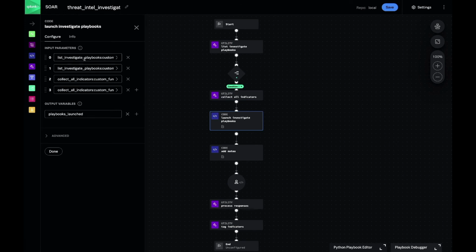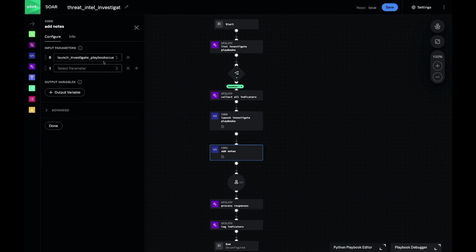And then we pair the two together using some Python. We take each of the playbooks that we listed and each of the indicators we listed, and anytime there's a playbook that operates on that indicator type, we execute the playbook. The playbook takes in the indicator as an input, and the output is some notes, a note title and a note content. We take those notes, we add them to the event that this playbook is running in, and then